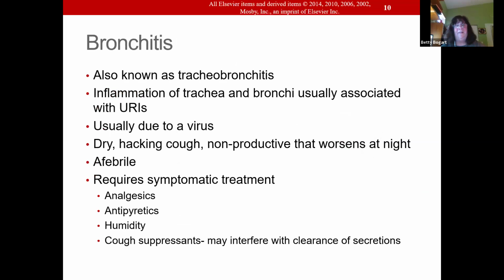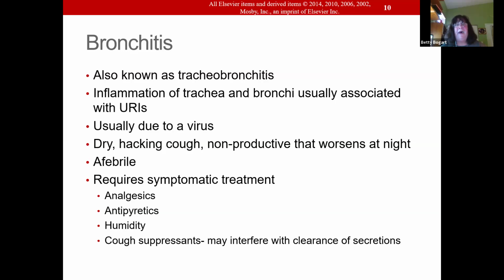Now, bronchitis is something I think we've all had. That's that I'm coughing all night long. You may or may not have a fever, but you're coughing. It's dry. Nothing's coming up. And the cough just keeps coming. You can't sleep. So you go to the doctor and they're going to give you some cough medicine. Hopefully, it's something with codeine that's going to stop it, right? That actually does help.